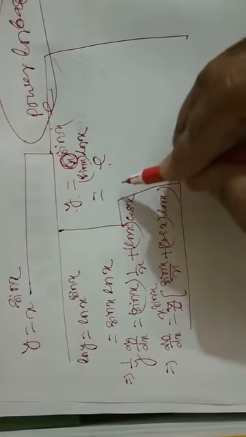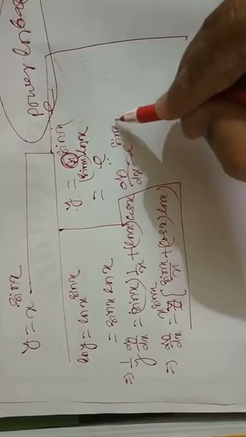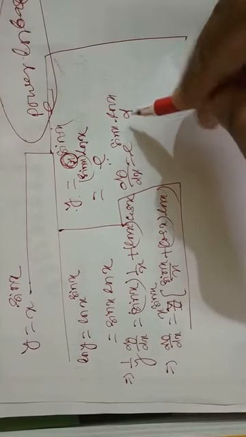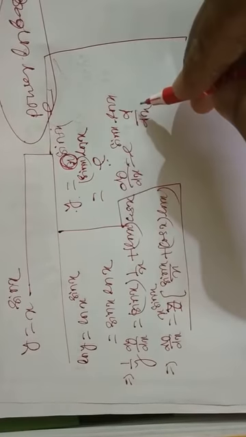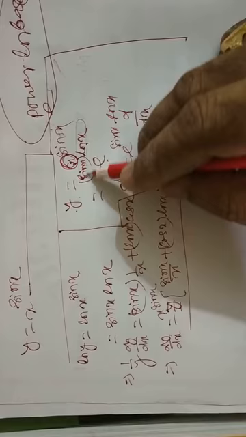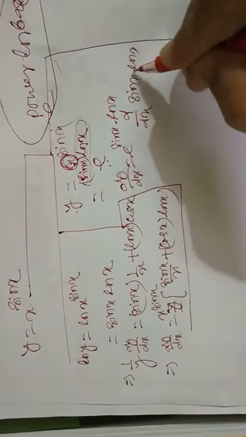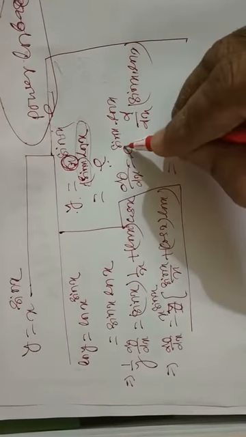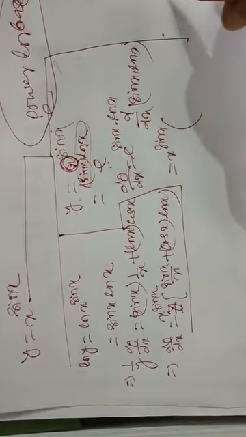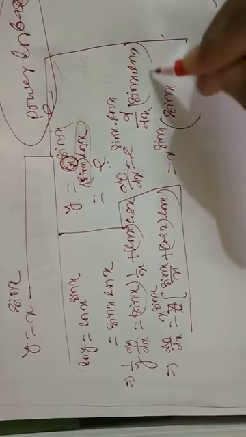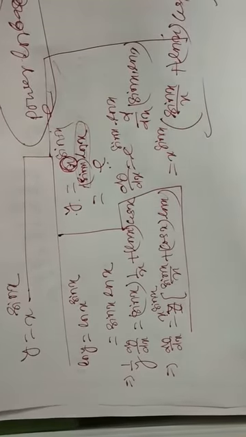Now what is dy by dx? Directly e to the power sin x into log x, into the derivative of e to the power something: the derivative is e to the power the same thing, into the derivative of the thing inside the function, that is sin x into log x. So it is x to the power sin x into this derivative: sin x into the derivative of log x, 1 by x, plus log x into the derivative of sin x, which is cos x. We got the result. Okay.